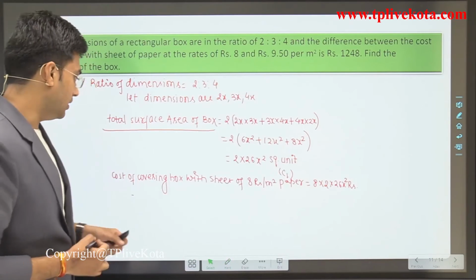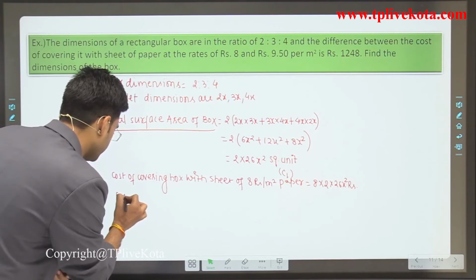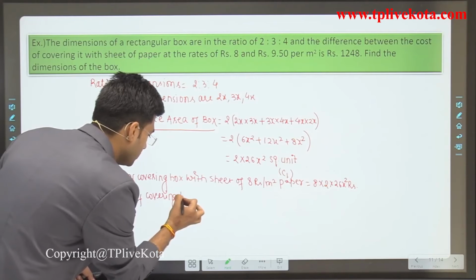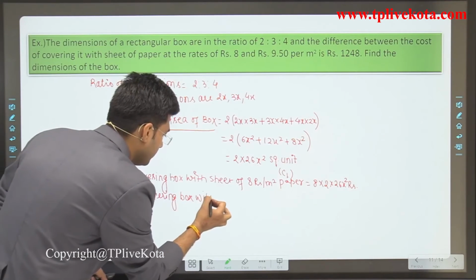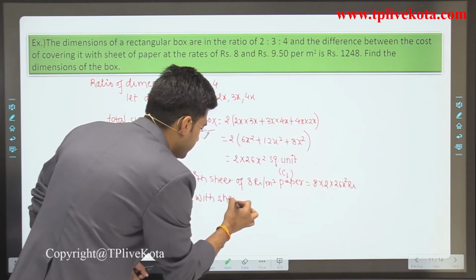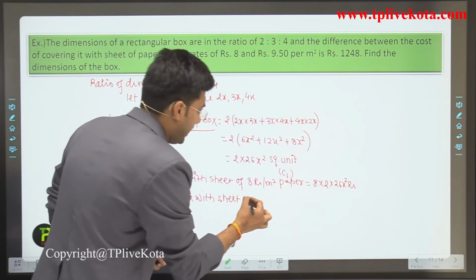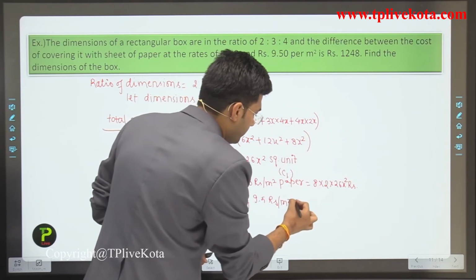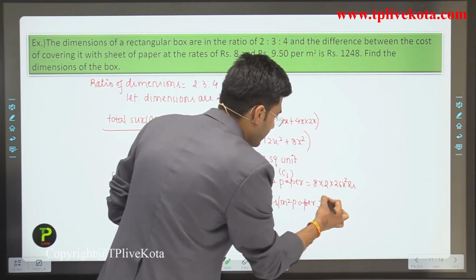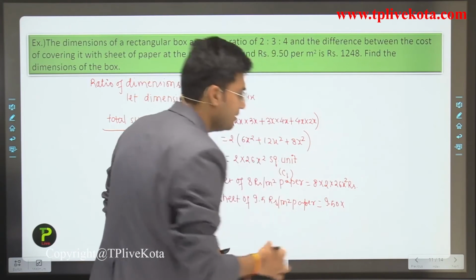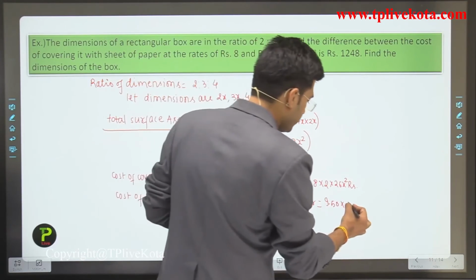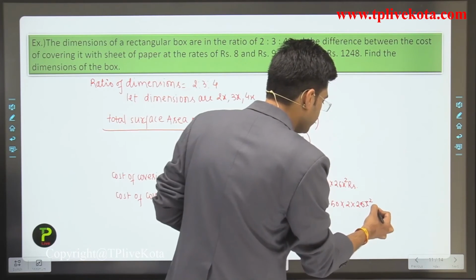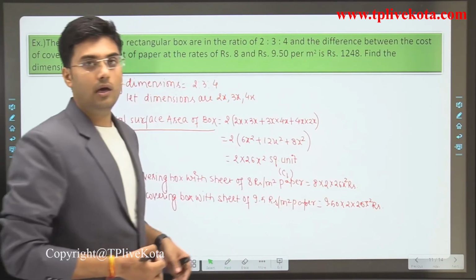Clear? Now the cost of covering the box with a sheet of 9.5 rupees per meter square paper. What is it? It is 9.50 multiplied by the surface area, that is 2 multiplied by 26x square. Clear? Now according to the question,